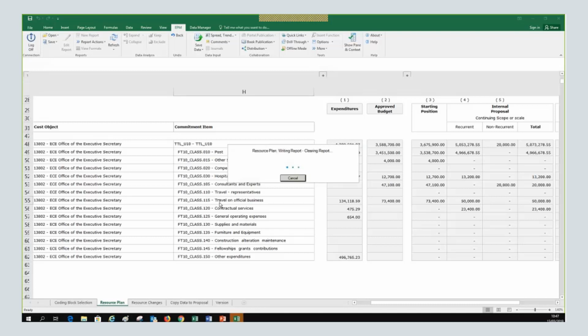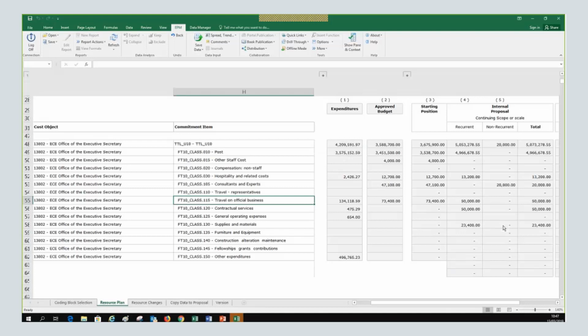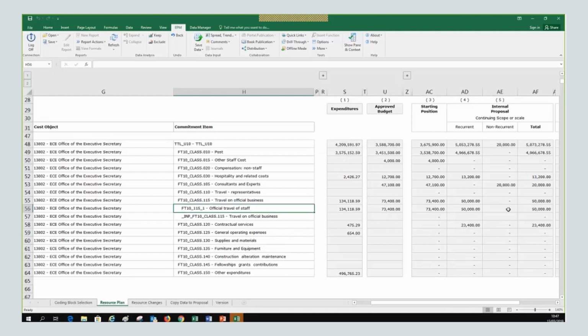When it's yellow, I can input data. If it's white, I cannot. So, for example, here, because this budget class has only one subclass, it is telling me official travel of staff. How do I enter the amount here? I cannot. So I have to drill down all the way to the commitment item. So I double click again.